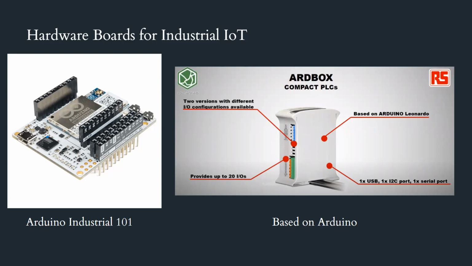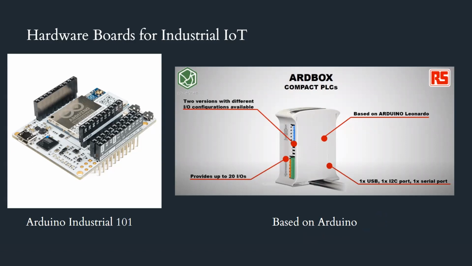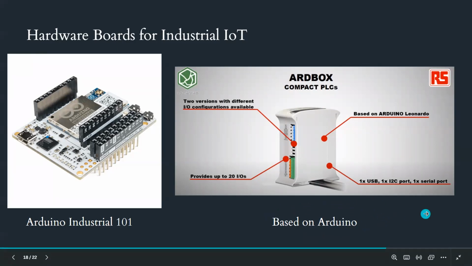The PLC can also be modified with an Arduino microcontroller. So we can install the Arduino microcontroller to the PLC, enable the functions of both Arduino and the PLC, and obtain improved performance from these PLCs. A standalone PLC might not be able to provide some functioning, but Arduino can improve the performance of some functions.